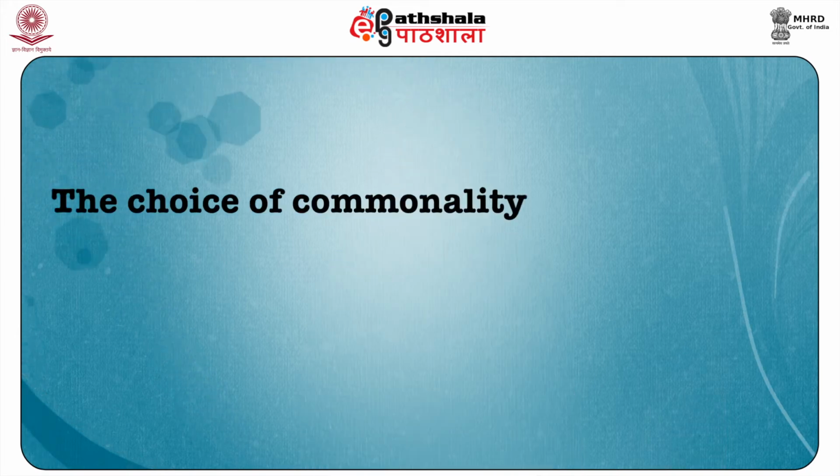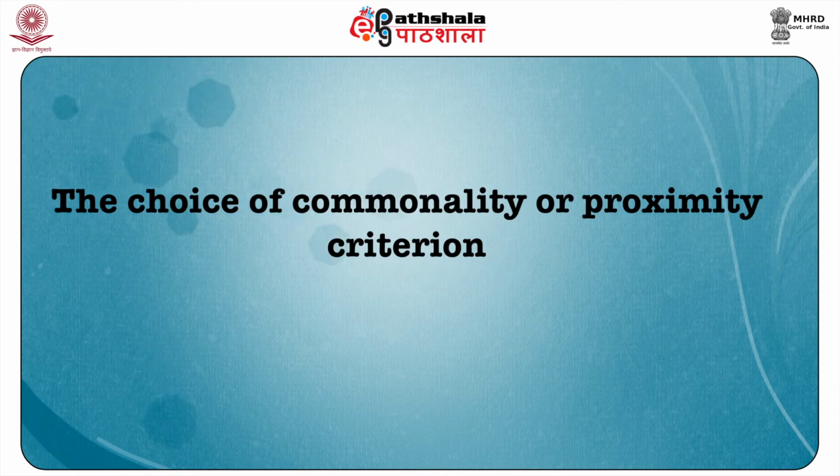The clustering can be done according to two basic steps. First is the choice of commonality or proximity criteria. The set of observations obtained on an individual or object are studied to identify the similarities prevailing among them. Identifying the criteria of similarity or proximity among the values and clustering them accordingly would lead to a homogeneous subgroup of items. The proximity among the observations can be identified by using the various available methods.